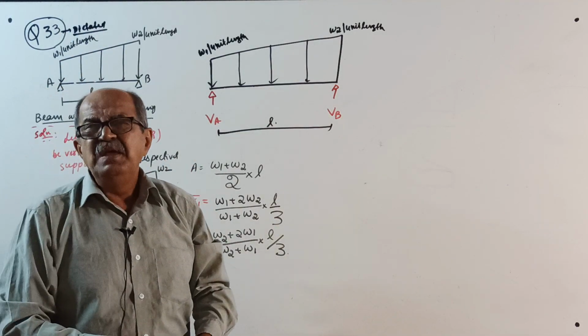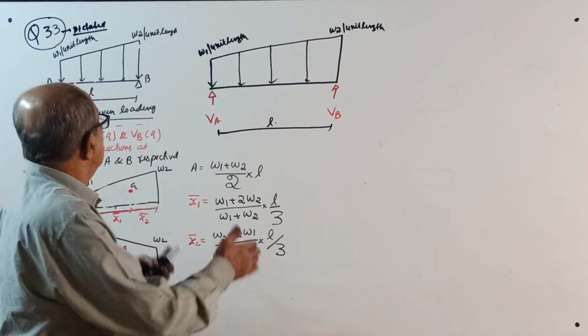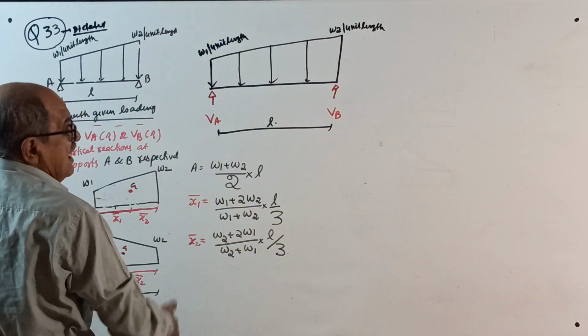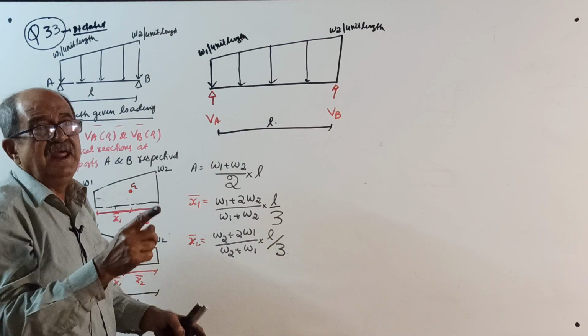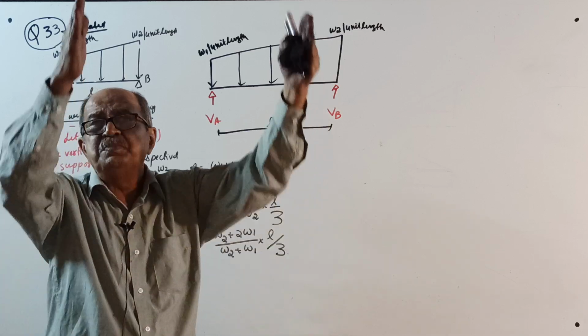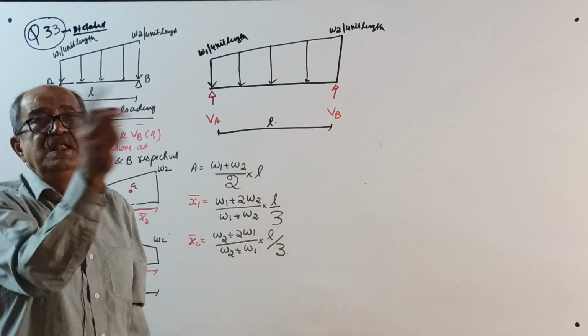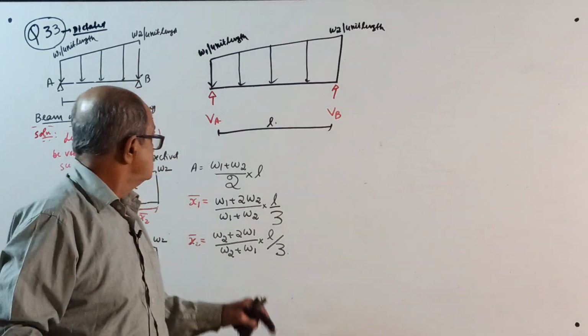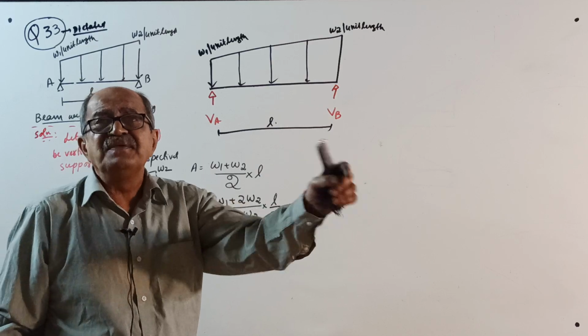I told many times, I will tell by words: area equals sum of the parallel sides, so W1 plus W2, divided by 2, multiplied by distance between the parallel sides,